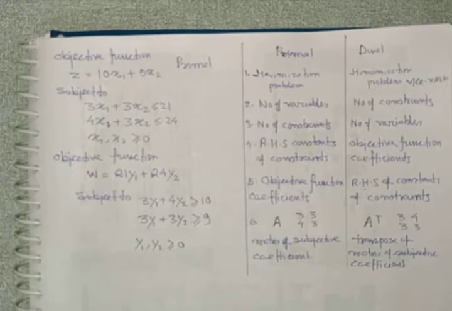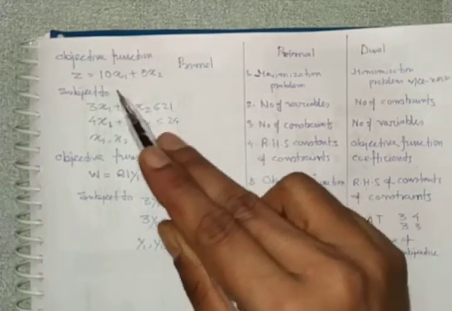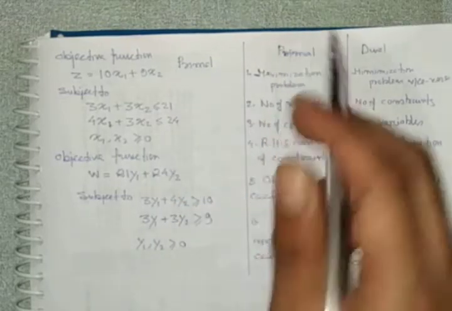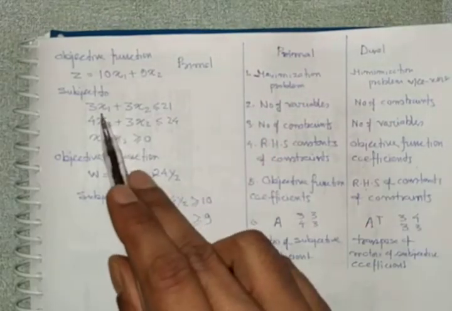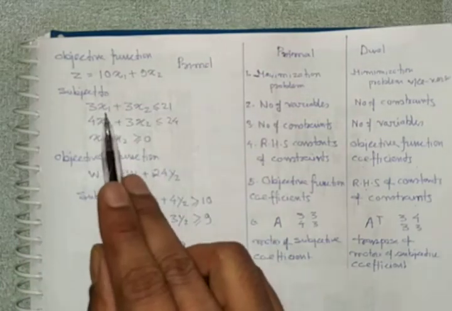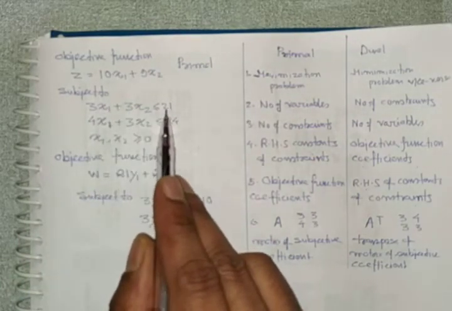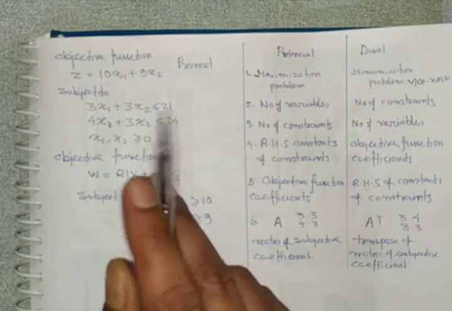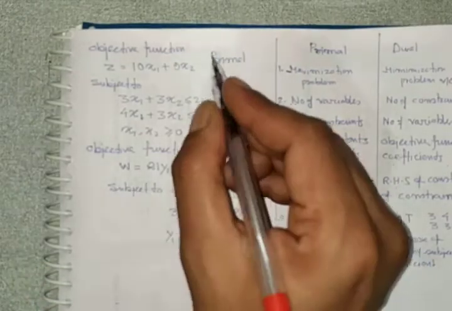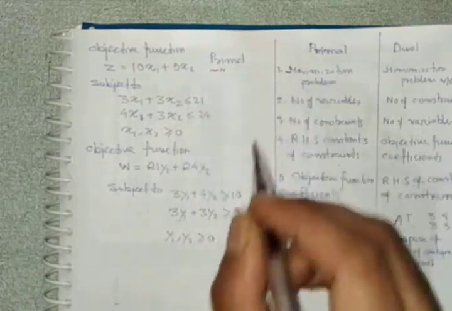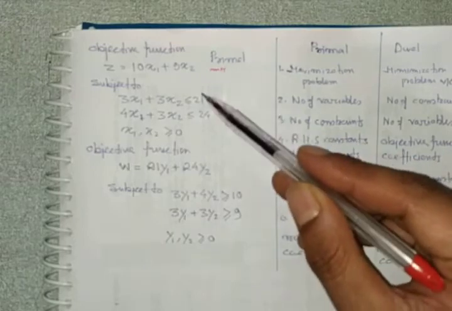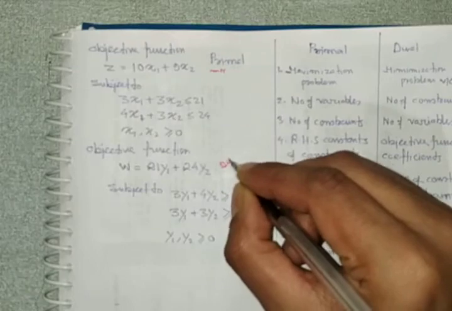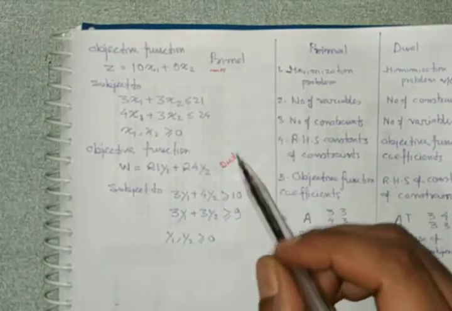So let's consider one problem. Here is the primal: z is equal to 10x1 plus 9x2, subject to 3x1 plus 3x2 less than or equal to 21, 4x1 plus 3x2 less than or equal to 24, x1, x2 greater than or equal to 0. And this is actually a maximization problem. So when you convert this into the dual, this is your primal, this is your dual,